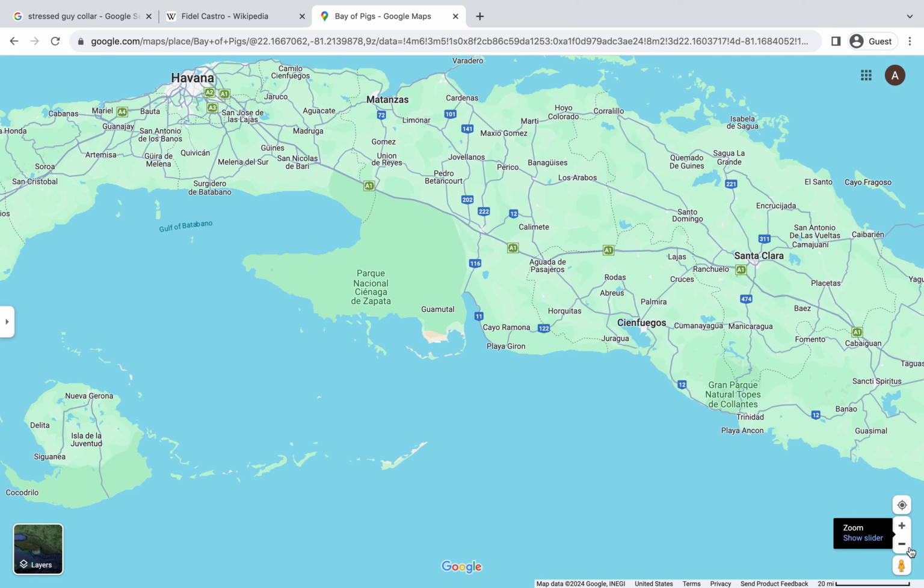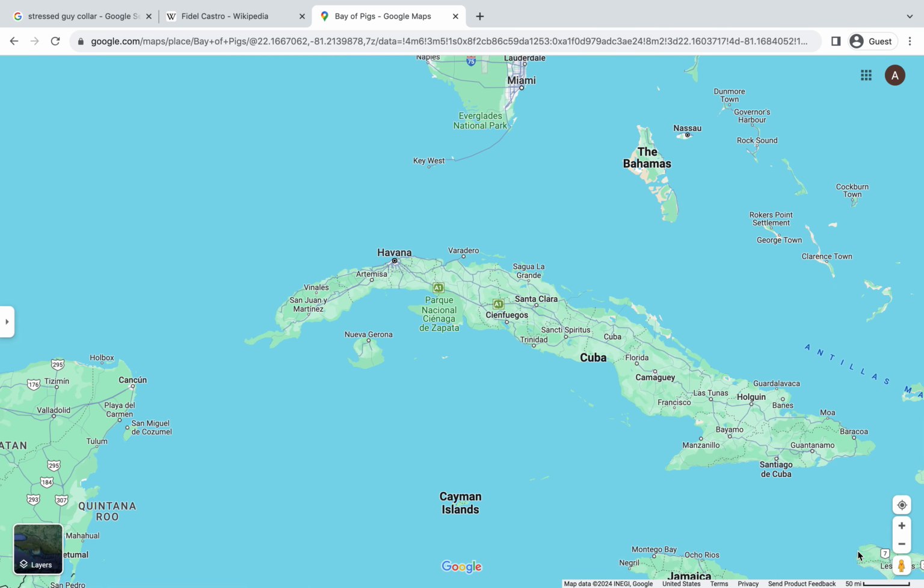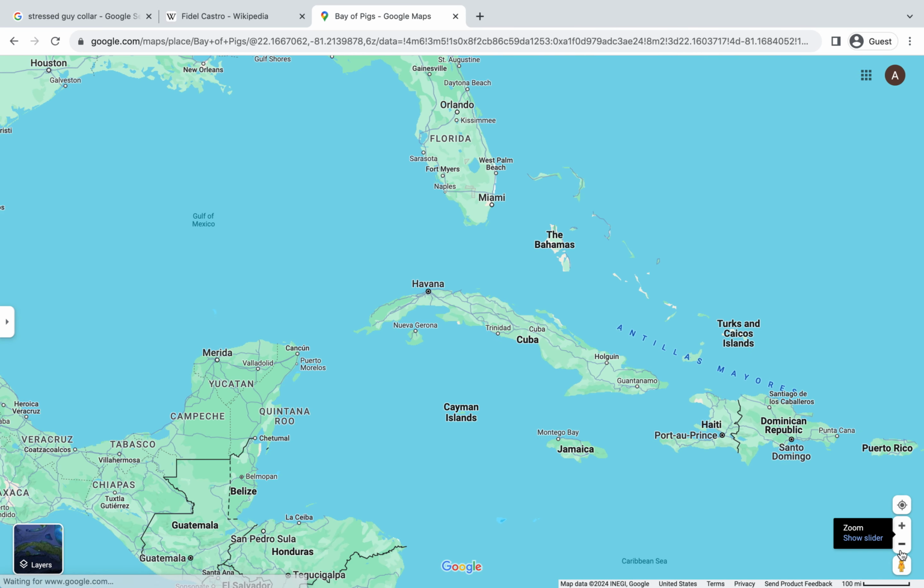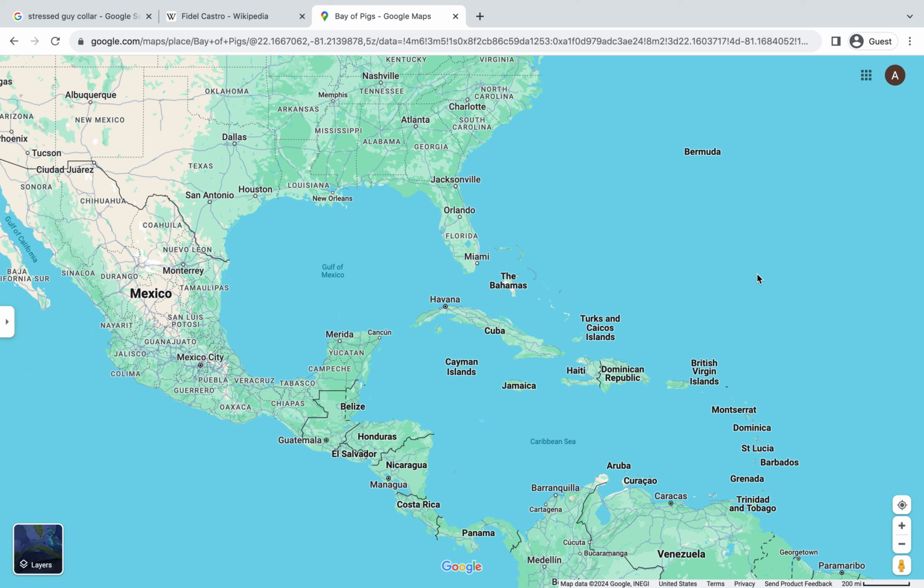And because of this, Fidel is nervous. The United States is a really powerful government. He is communist. They hate communists. And Fidel wants to stay in power. So he is going to ask the Soviet Union for help.